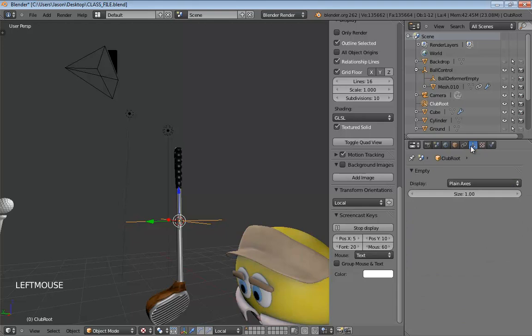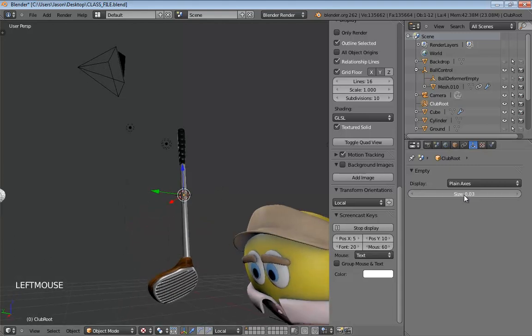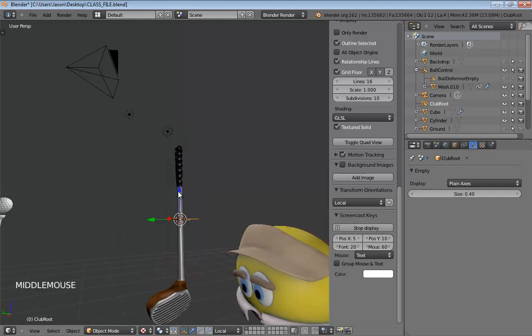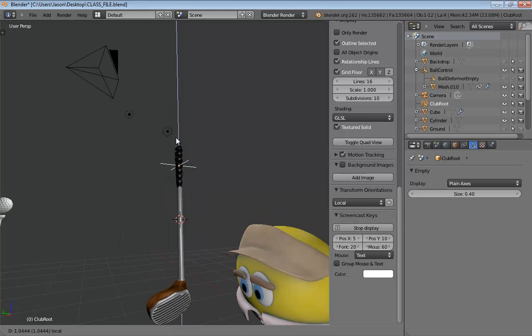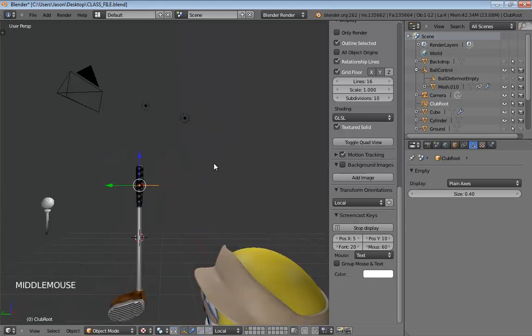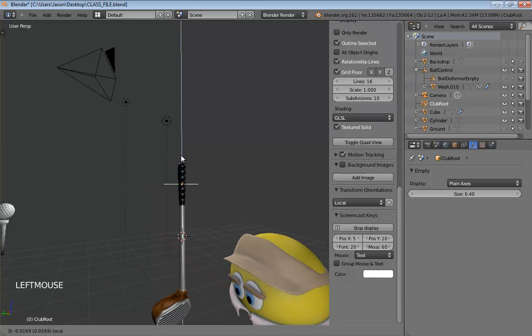Also, and this is just for me so that I don't go too crazy, that is a huge empty. It's just way bigger than I need it to be. So I'm going to take the size and pull it down a little. And that's just kind of a personal preference thing. I don't want it to go all the way down to 0.1 though. That's okay, somewhere right about there where I can still see it, but it's not completely dominating. Now, I'm going to move this up toward the top of the handle, maybe about halfway down the handle. The exact location for it is not all that important, so you don't have to really stress that. Just get it somewhere around where the handle is.